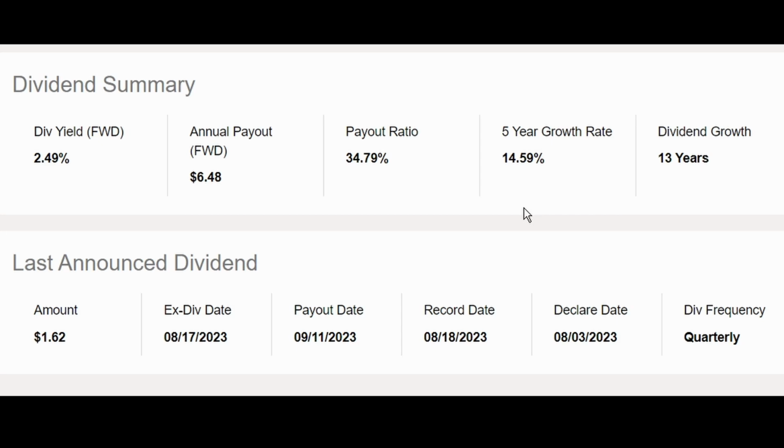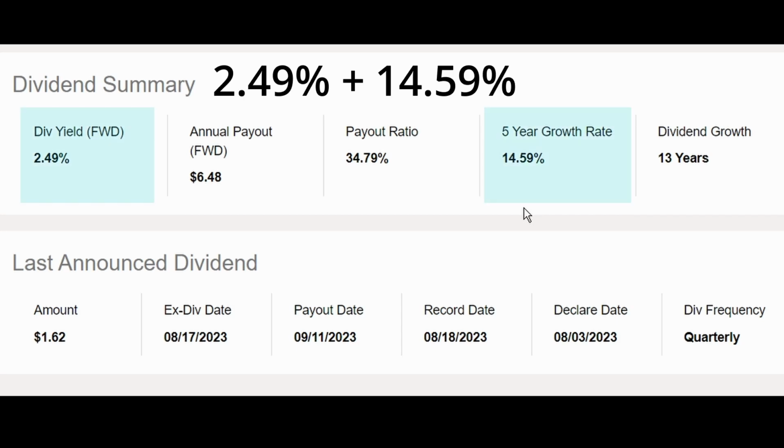So because Snap-on's yield is less than 3%, our goal would be to look for a Chowder Score greater than 15%. So Snap-on meets the criteria with its score of 17.08%. Now let's talk a bit further about why these rules are in place and talk for a moment about